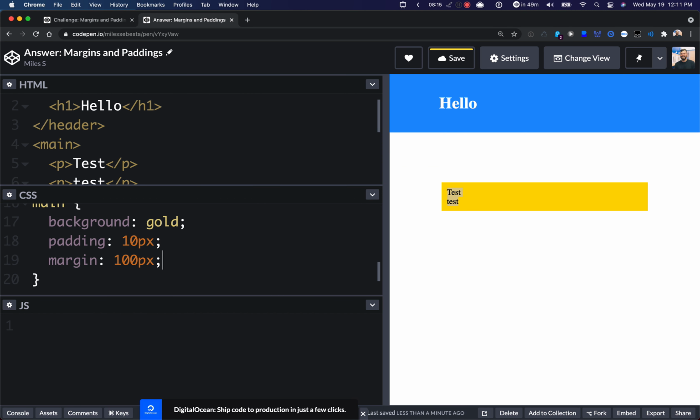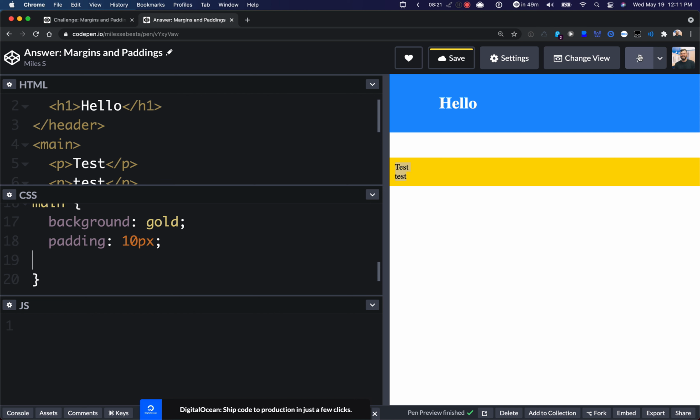Boom, there we go. Okay, so let's talk about this. Let's see what's going on. So if I remove the margin, notice here that I have some space between these two elements here. Where is that space coming from? Well, that space is coming from the margin that I set on